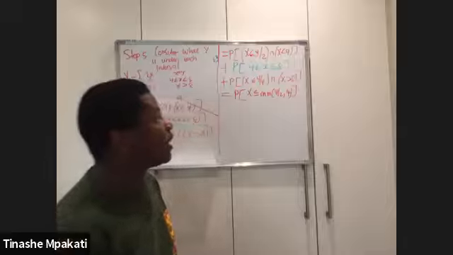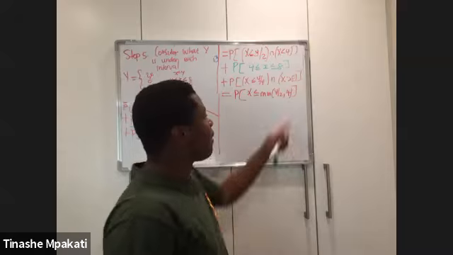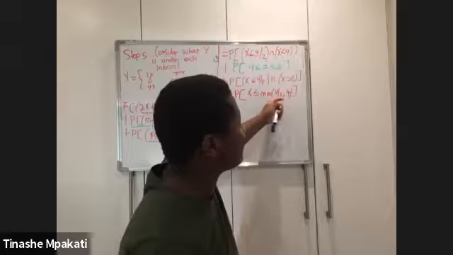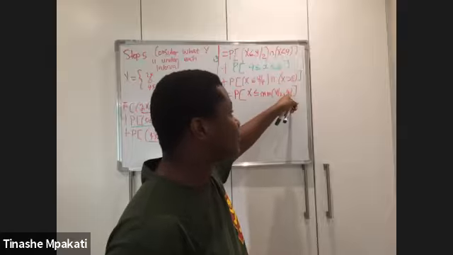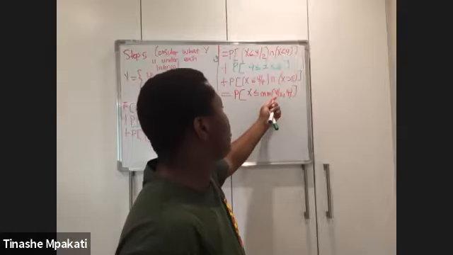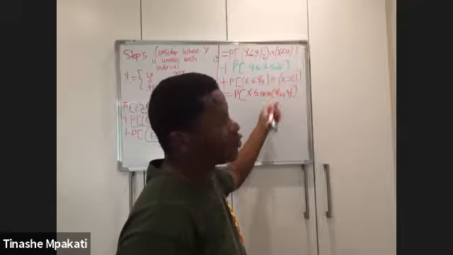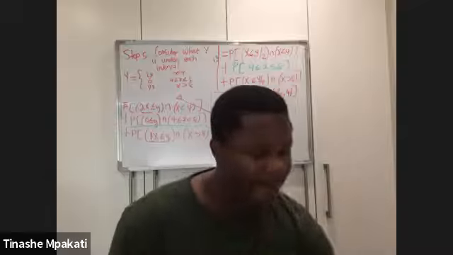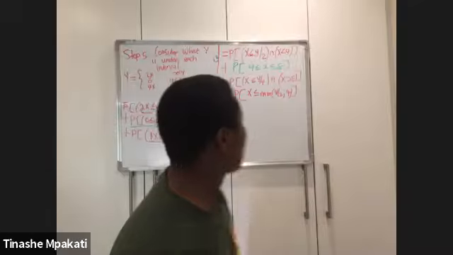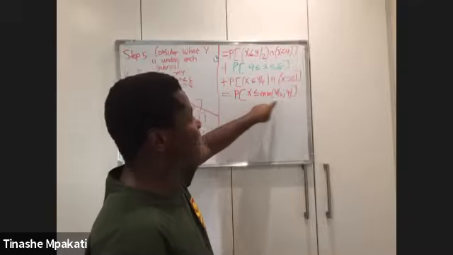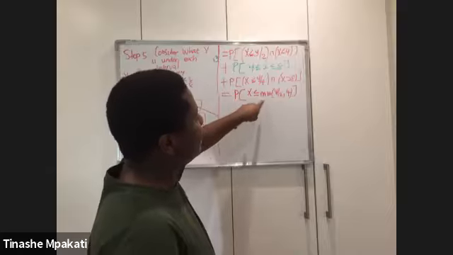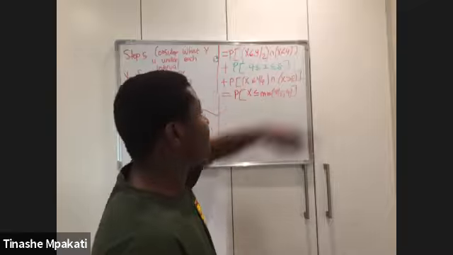Because right now, we are not sure yet which one is smaller. Our y could be 10, and then 10 over 2 will be 5, so in that case, our 4 will be the minimum. Or maybe our y is simply equal to 2, and 2 divided by 2 will be 1, and in that case, our y over 2 will be the minimum. But again, we do not know what the value of y is. So for now, we leave this statement as the probability of x being less or equal than the minimum of these two here.